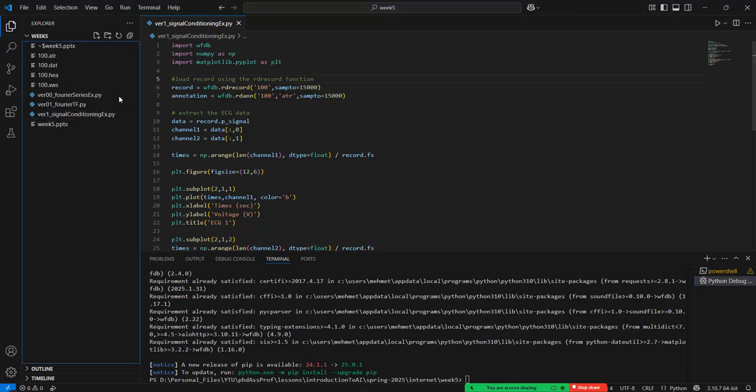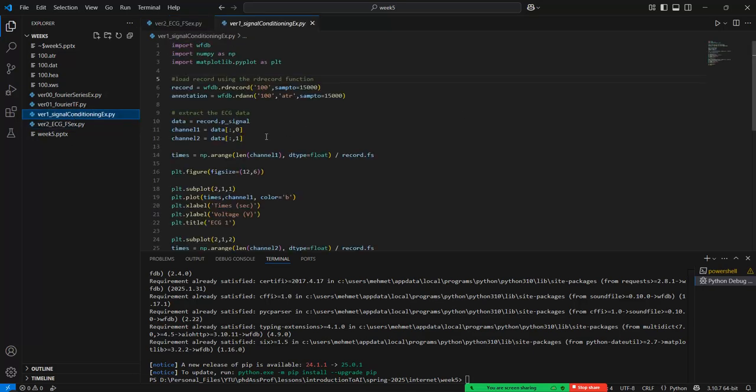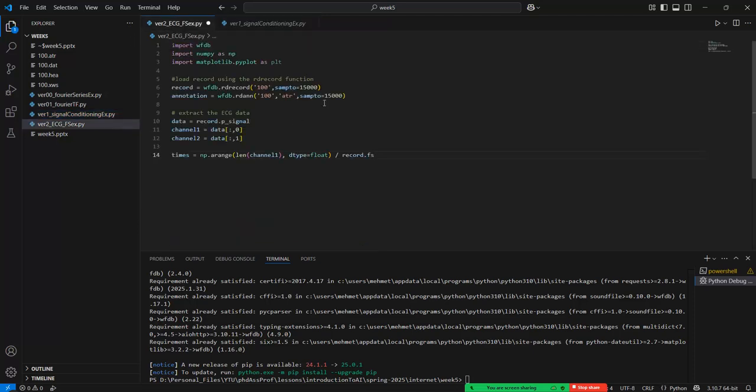So, if there is no question, we will continue with the ECG Fourier series example. First of all, we need to obtain this data set, the copy of these terms. In this case, we will try to recreate the ECG signal with the utilization of the